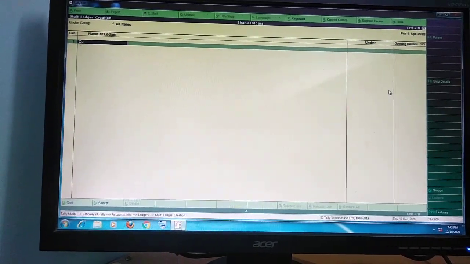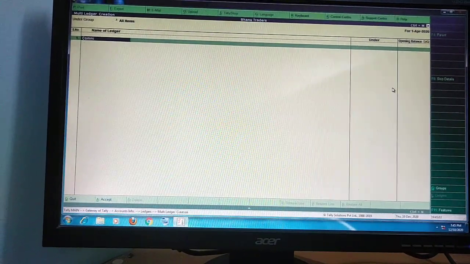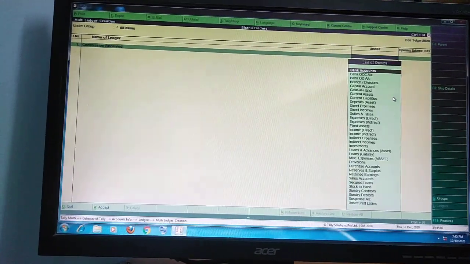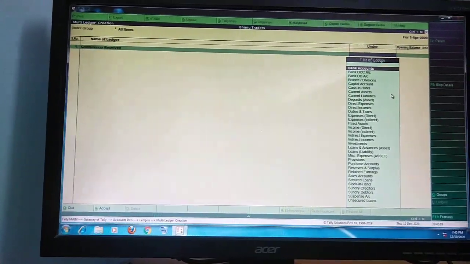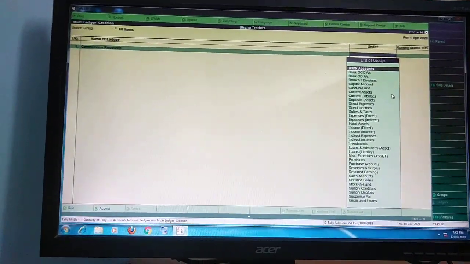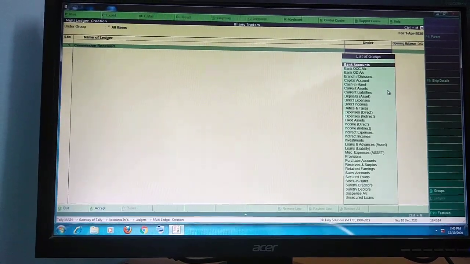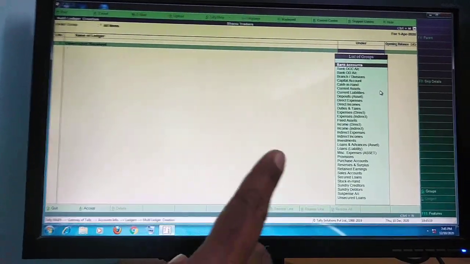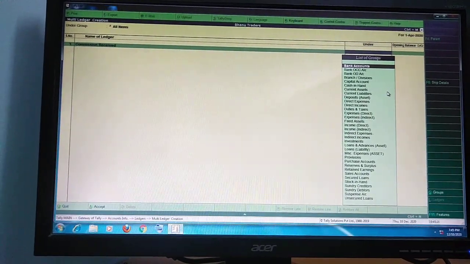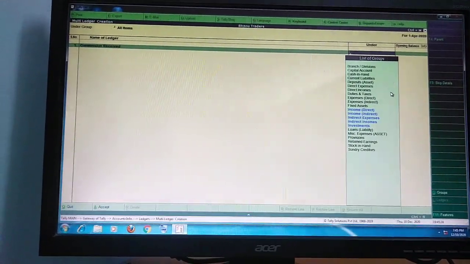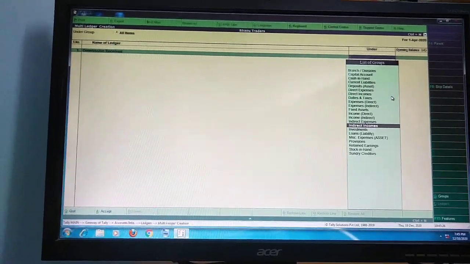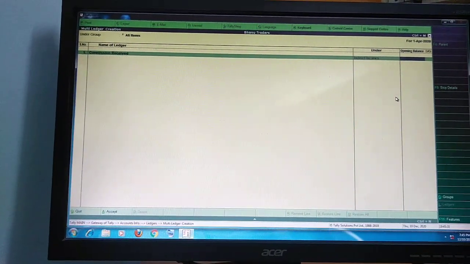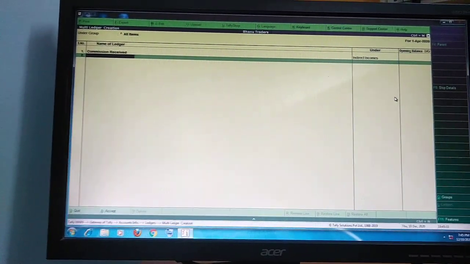For example, you go for commission received. Commission received, yes students, enter. Under means it is the list of groups already loaded in the system. You select the suitable group for commission received from the list of groups. Tell me, commission received is an income, so that's why the indirect income group. Select and press enter. No opening balances, and go for one more ledger, not one by one save.